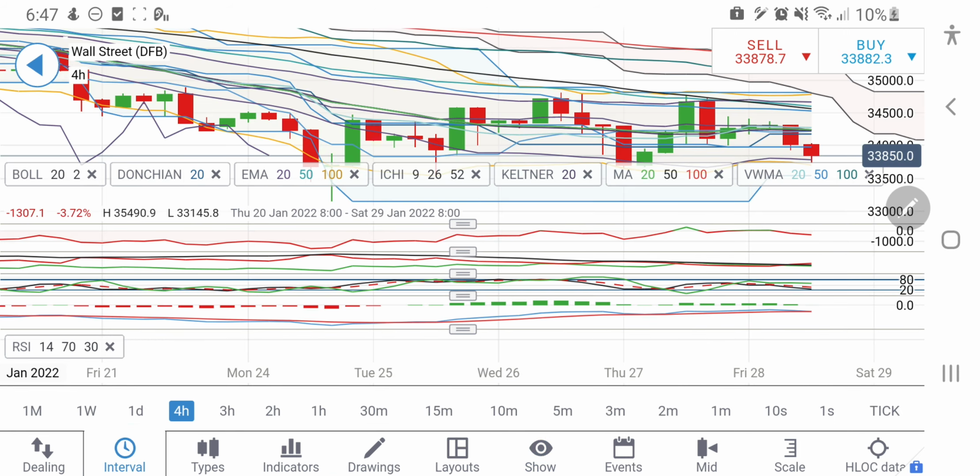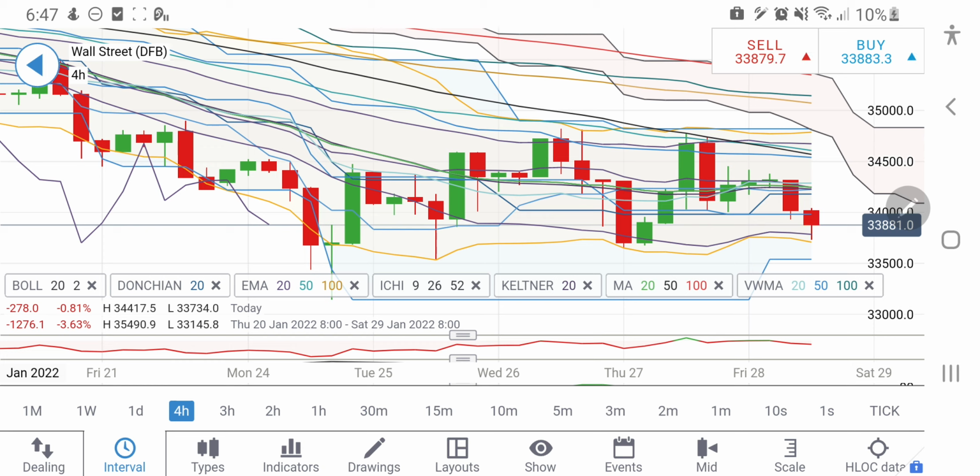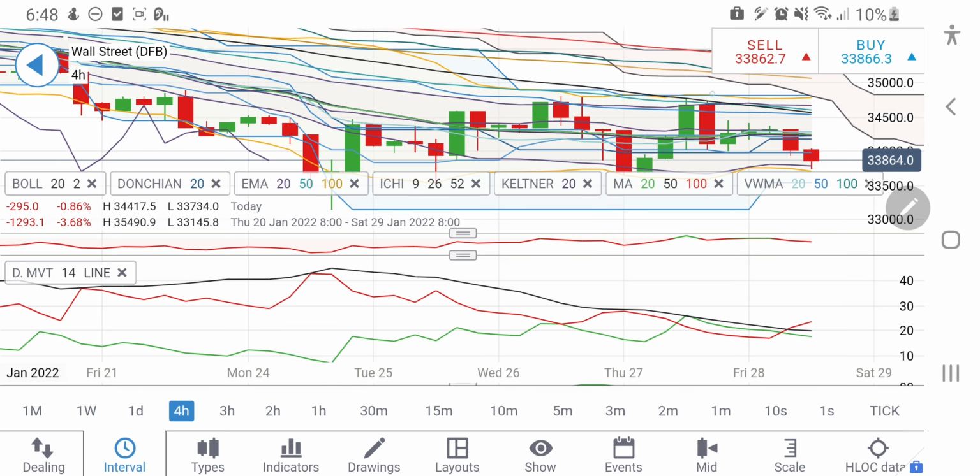On the 4-hour charts, you can see similarly the resistance zone coming into the picture here at around 34,300 to 400 zone. Once this zone at 34,300 to 400 is taken, then only you can expect it to rise. Else, as long as it is below 34,050, you can continue to expect the drop towards 33,750, and then below the 33,750, 700 zone we can again expect it to head towards 33,550, 500 zone. Also on the 4-hour chart, the directional movement has crossed over and is again in the sell zone,